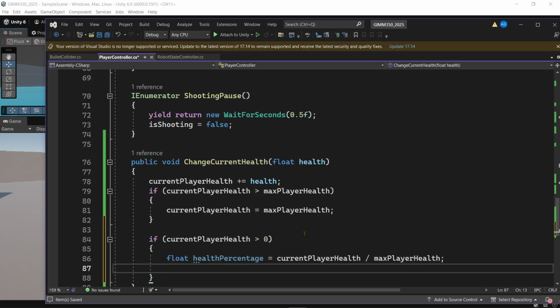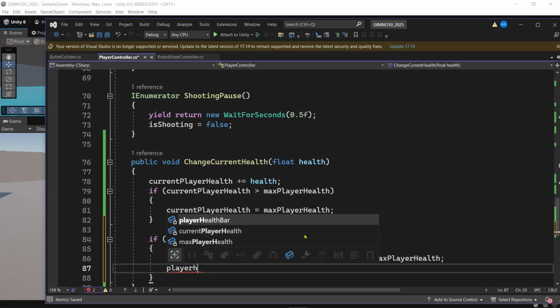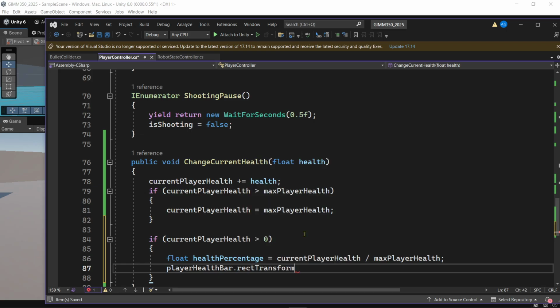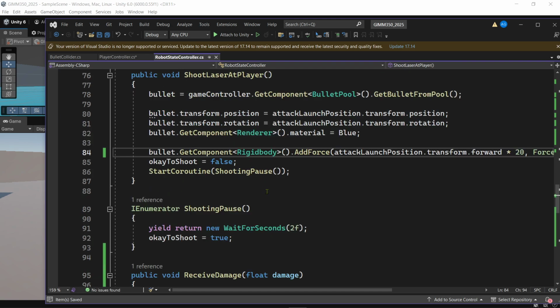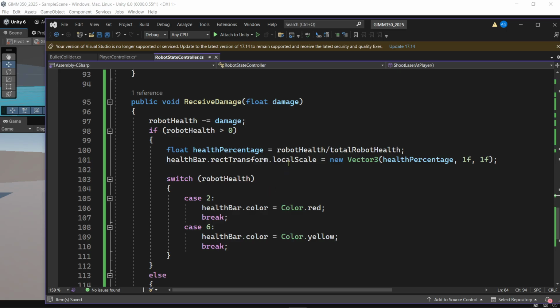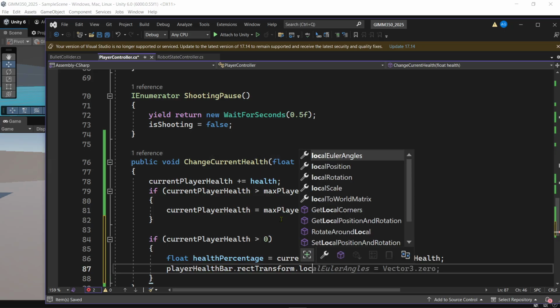And then we're going to do player health bar dot rect transform equals, that's not right. Hold on. Always feel free to use your other scripts. Local scale, that's the word I'm missing. Local scale